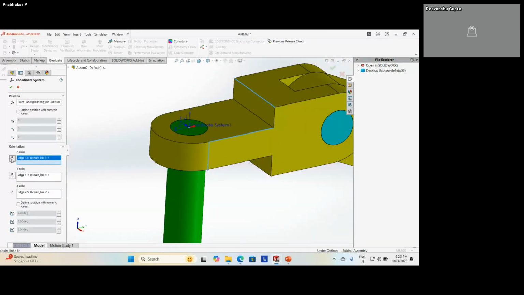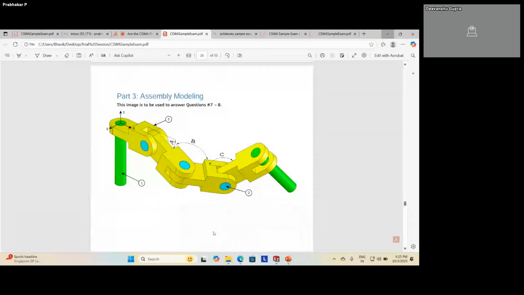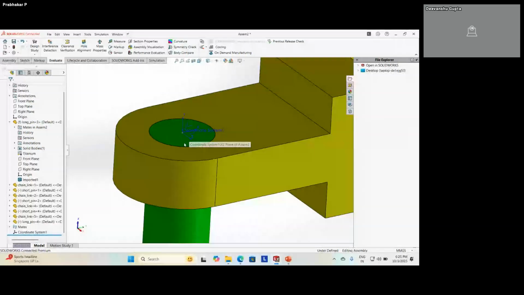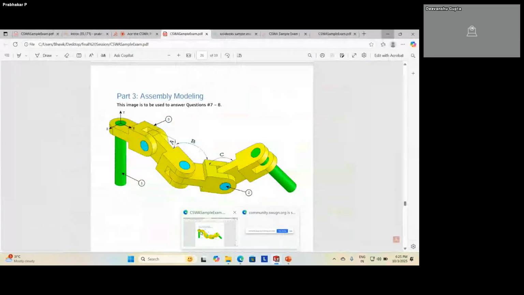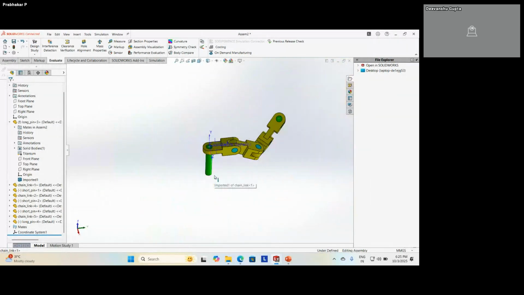You can flip it also. Y direction is same, and Z direction I can flip it. X, Y, Z. Now it is perfectly matching, right? Y upward, X towards front, Z direction. All three coordinates are now matching.